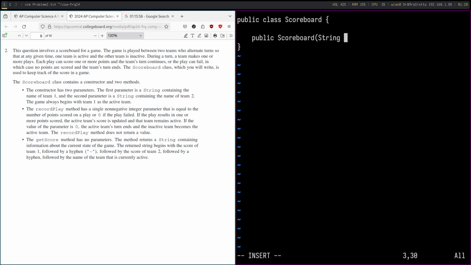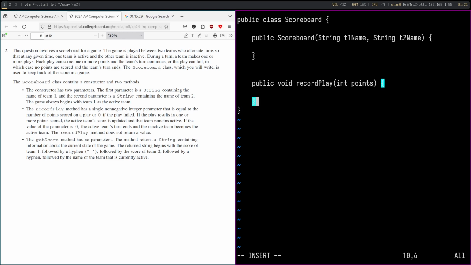So String t1 name, String t2 name, and we'll fill these in momentarily. And now let's say public void, since it says it does not return a value, so it has to be void. recordPlay, and then a single non-negative integer parameter. So int